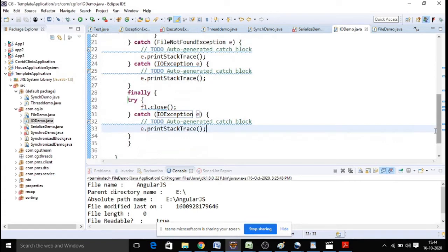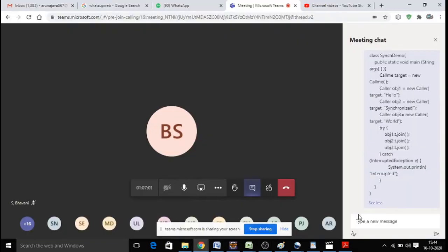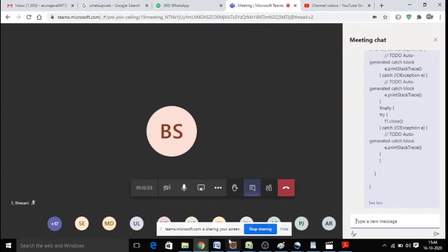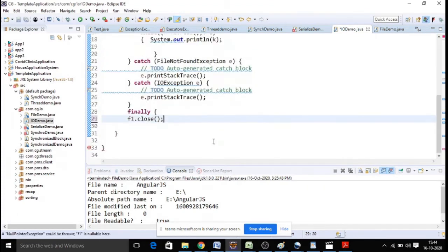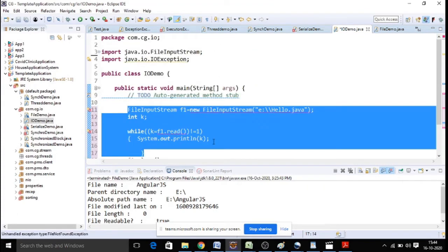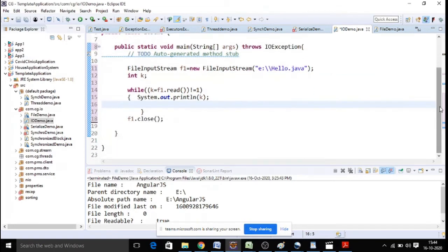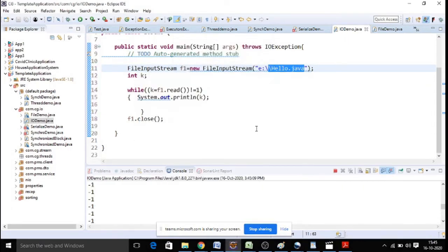In the simplest fashion, I'll share the code so that it will be useful for reference. You can keep it aside. Now I'll simplify that code for your easy understanding. I just implement it with throws. If you have throws, everything is manageable. At the end of your application, you have to close it. Let us read this file and display the content. This is how we perform the read operation. This is called an input stream.